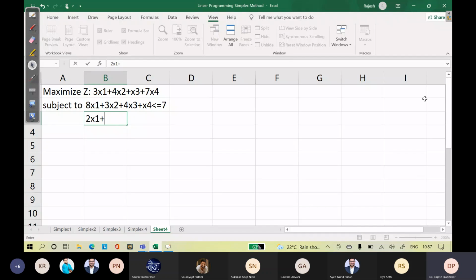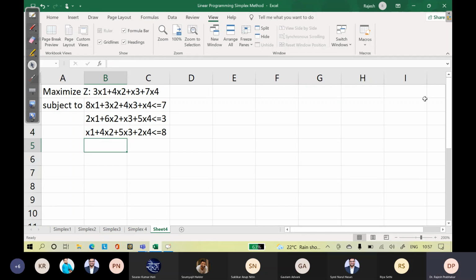2x1 plus 6x2 plus x3 plus 5x4 less than or equal to 3. x1 plus 4x2 plus 5x3 plus 2x4 less than or equal to 8.